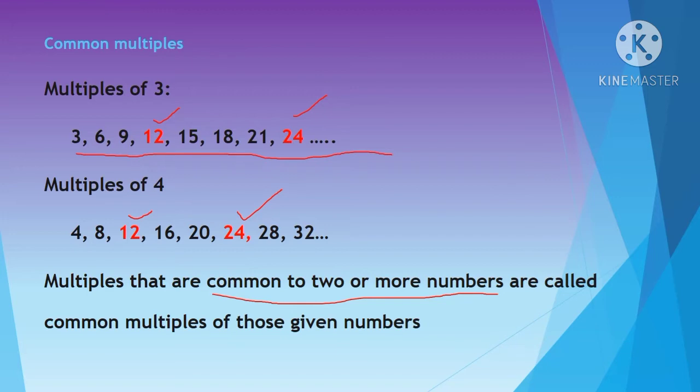So they'll give some particular numbers. You write down the multiples for the given numbers. Then you check whether any common multiples are there or not. Understood children? So it's very easy. Already we have learned factors and multiples in the first exercise. So you know to find the factors and you know to find the multiples. Now in the second part of this chapter, you want to find out the common factors and common multiples. So first you have learned to find the factors and multiples. Now from that you want to find the common numbers. Okay children.